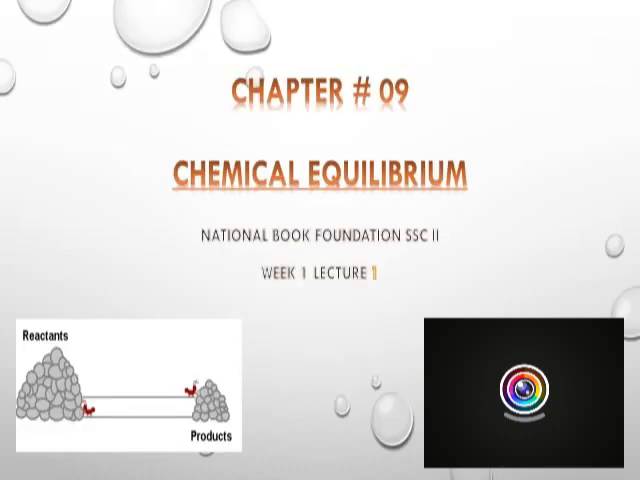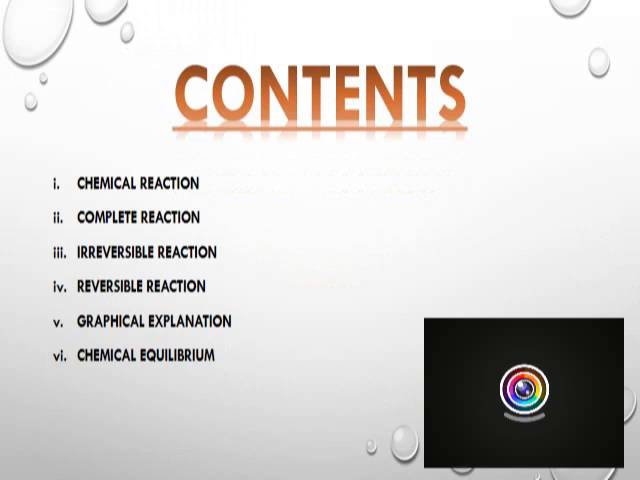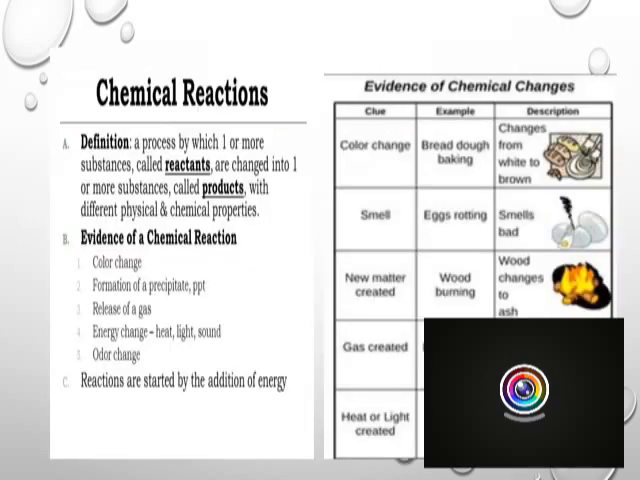So let's start with today's topic, that is chemical equilibrium. We would discuss what is a chemical reaction, what is a complete reaction, and what are irreversible and reversible reactions. Then we would have a look at reversible reactions using different graphs, and then I would explain what is chemical equilibrium. So if you just see this slide,